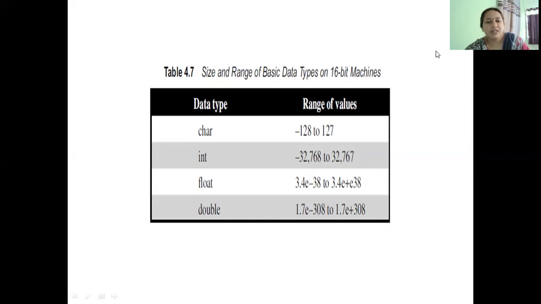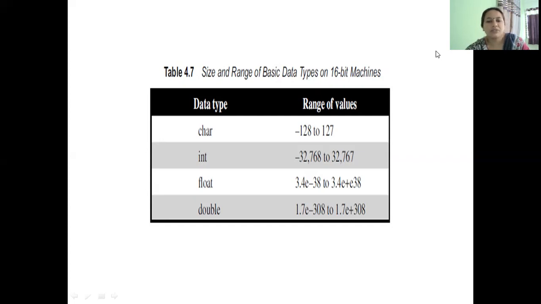Next, we have the float data type. The float data type is allotted 8 bytes in memory. So that is 2 power 64, sorry, 2 power 128 it is. The range is 3.4e minus 38 to 3.4e plus 38.